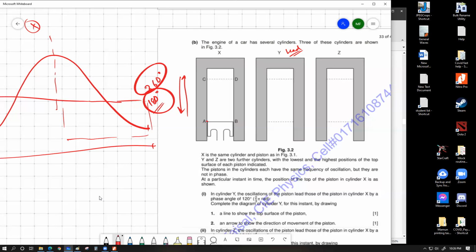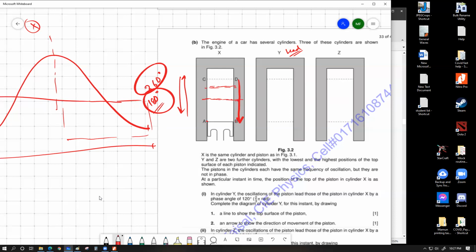So 120 degree earlier, where can our position be? Try to visualize. If this whole downward motion is 180 degree, then halfway motion will be 90 degree. It means if Y is over here, then this would be 90 degree leading. To be 120 degree leading, it has to be somewhere between the midpoint and the CD point, somewhere in the upper half. Technically, if we go for mathematical representation, it's going to be exactly half.